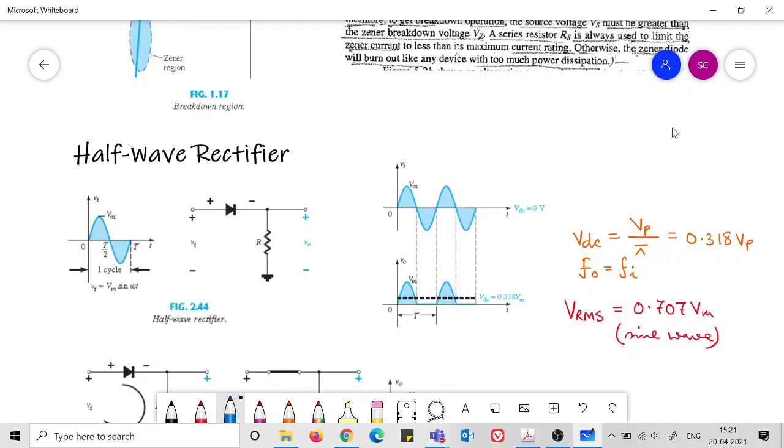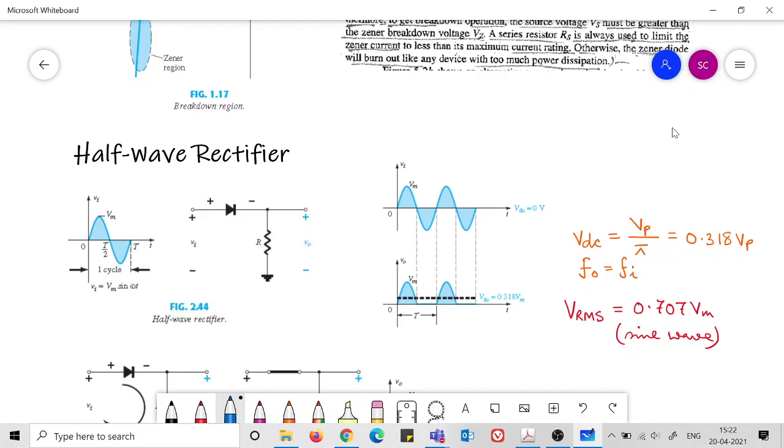So now I hope it is easy to understand that when we are in the negative half cycle, this Vi is getting reversed. So minus is here, plus is here, and that's why the diode is in reverse bias. Then this is open circuit, and when it is open circuit, there is no current passing through the resistor. So when no current is passing through the resistor, what is the voltage across the resistor? It is zero. So in this half cycle, you see the output voltage is zero.